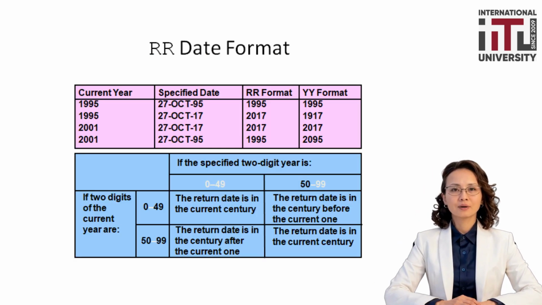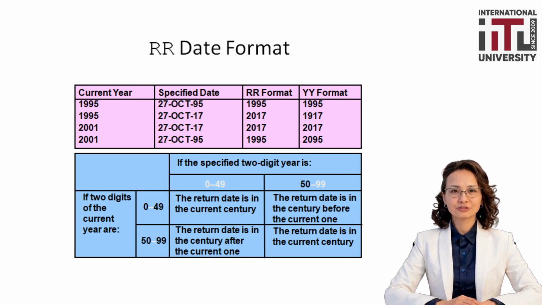processing. The RR date format is used in Oracle to correctly interpret two-digit years, especially when working across different centuries. Unlike the YY format, which simply attaches the current century, the RR format uses logical rules based on the current year to determine the correct century. Key idea: RR helps avoid errors when interpreting years like 95 or 17, deciding whether they belong to the 1900s